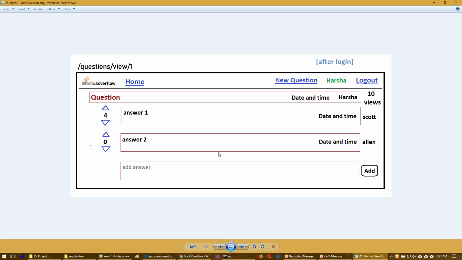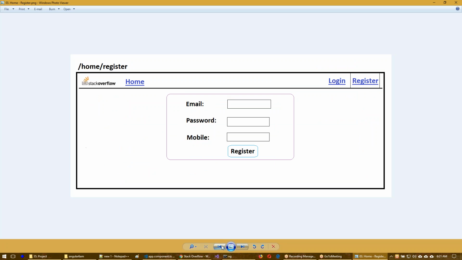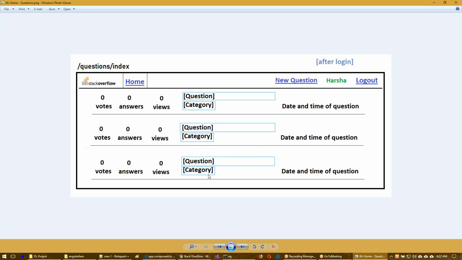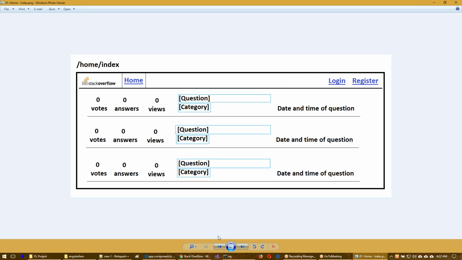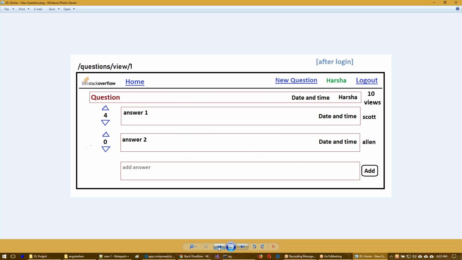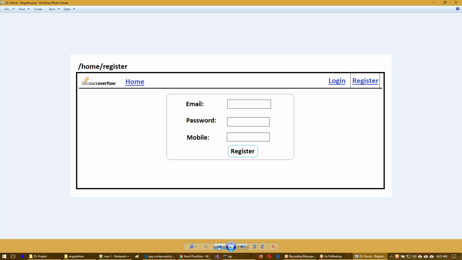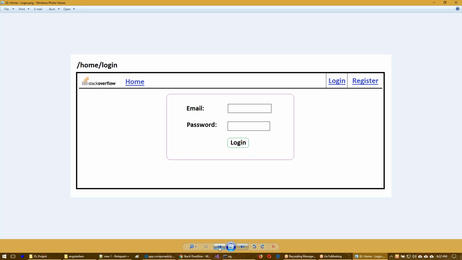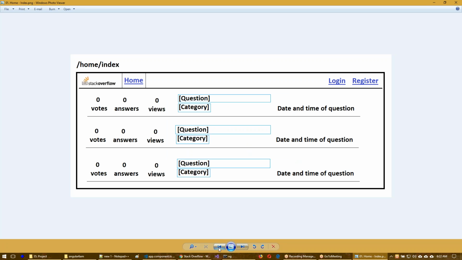Okay, so that is the whole system we are trying to build. Of course, some other screens may also come, like adding a new question or editing a question. This type of thing may come. Also there should be one page for category maintenance. Any user can add a new category, whatever he wishes. So on the go, some more pages may come. Overall, this is the look and feel. I hope you understand the concept of this application.